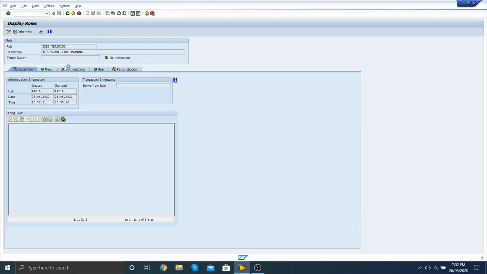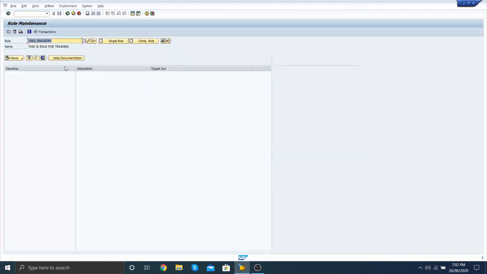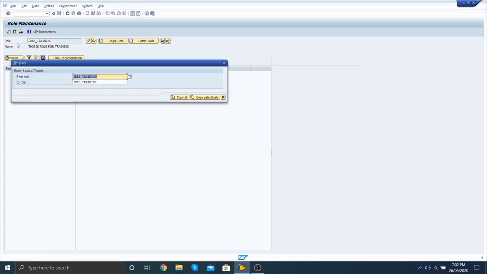Click copy options. From here you can copy this role IDES_training to IDES_training1. Copy all activities or selected activities: you can copy all activities if you want to copy the same role as it is, otherwise you can change.